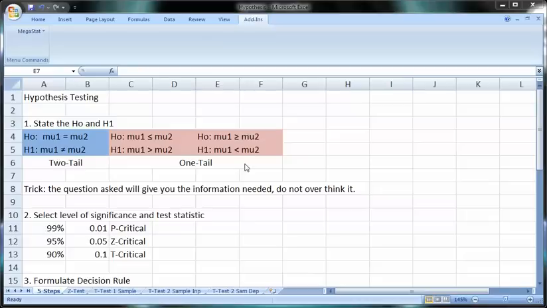Okay. As you'll notice, there's a couple of patterns with this first step. First of all, every null has the equal sign, be it the actual equal sign, or less than or equal to, or greater than or equal to. The alternatives do not have an equal sign in them, be it not equal, greater than, or less than. Also note that when it's equal to each other, as in this case, equal to or not equal to,